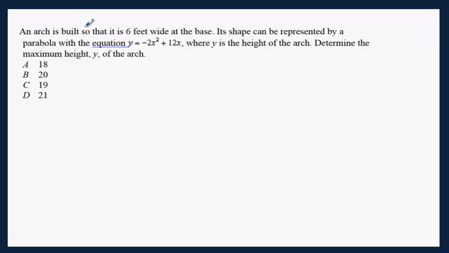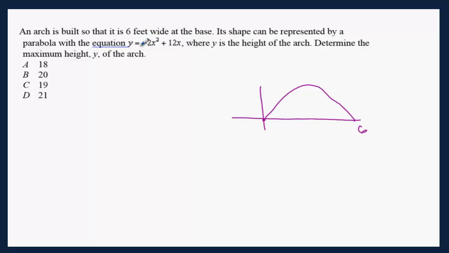An arc is built so that it is 6 feet wide at the base. An arc is built, so it seems like a parabola, and it's 6 feet wide. So if this is 0, this one is going to be 6. Its shape can be represented by the parabola with the equation y equals negative 2x squared plus 12x,